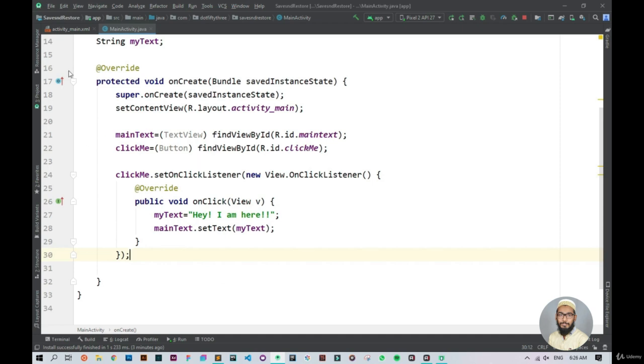We'll put the messages in the logcat. Now you can say that, hey, we don't need to put them in the logcat, we can also do it in a toast message, right? Of course we can do that, but the reason that I'm using the logcat is